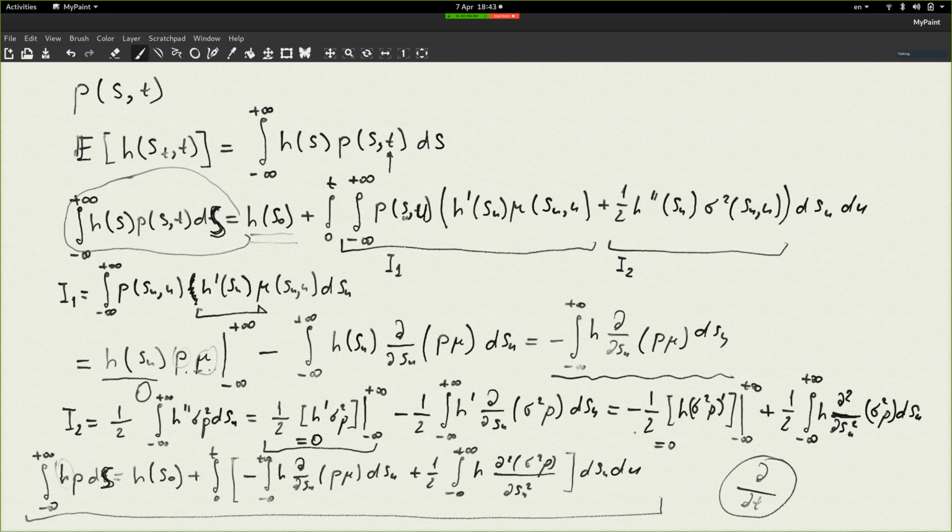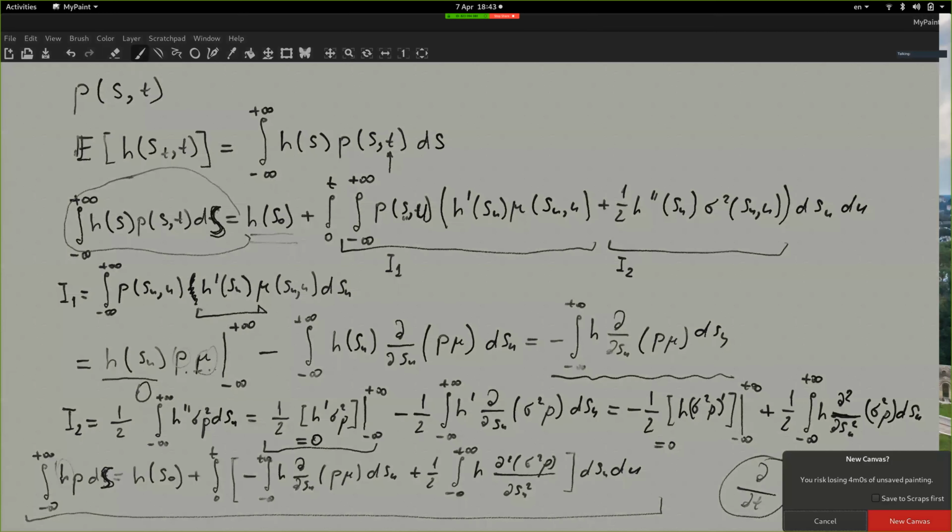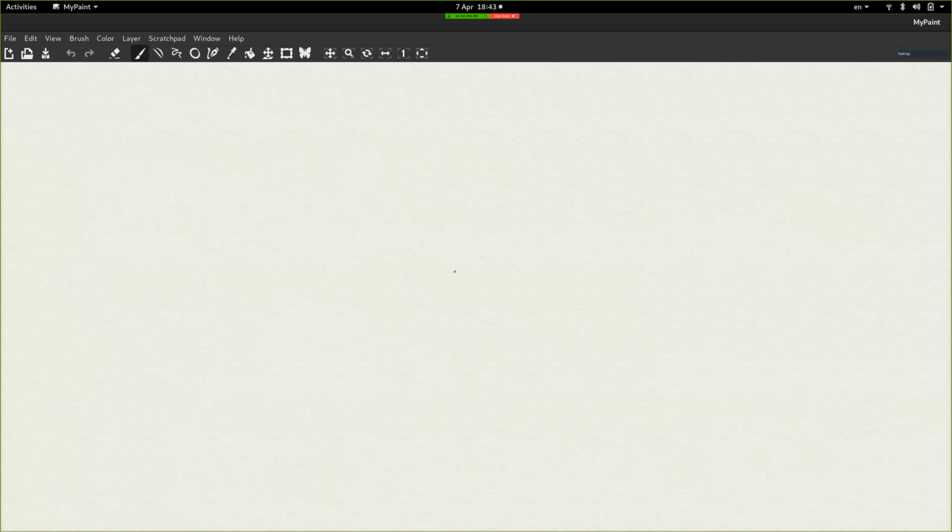Therefore, let me start the next sheet. What we get in this case, by differentiating with respect to time, is the integral from minus infinity to plus infinity of h of s, partial derivative with respect to t of p only, times ds